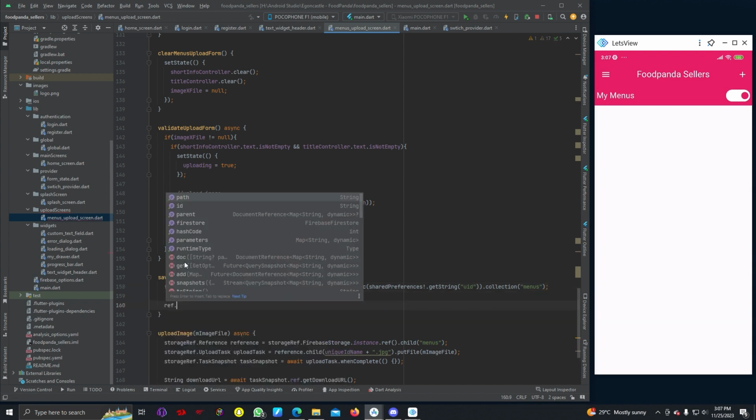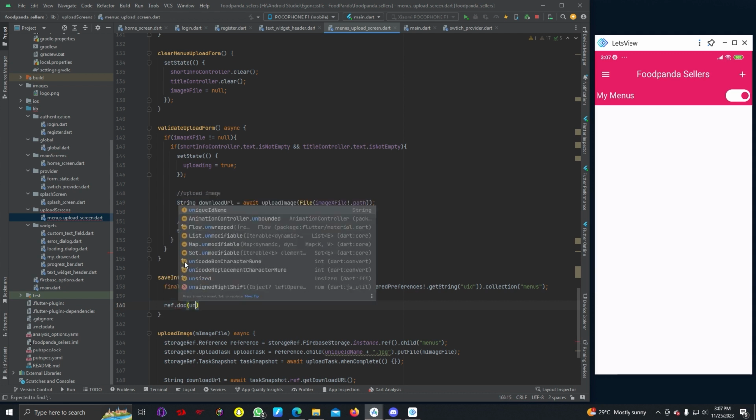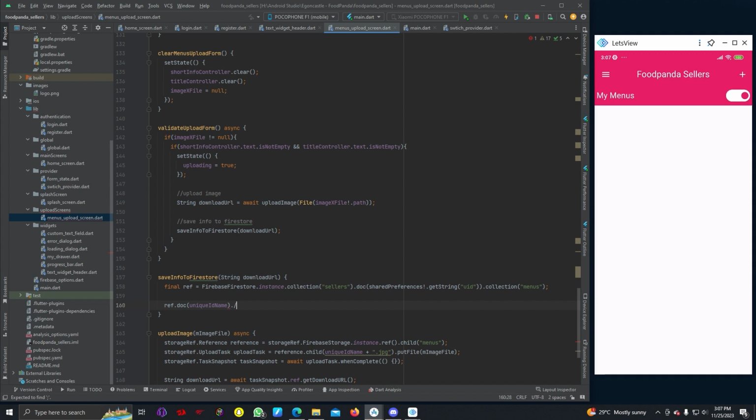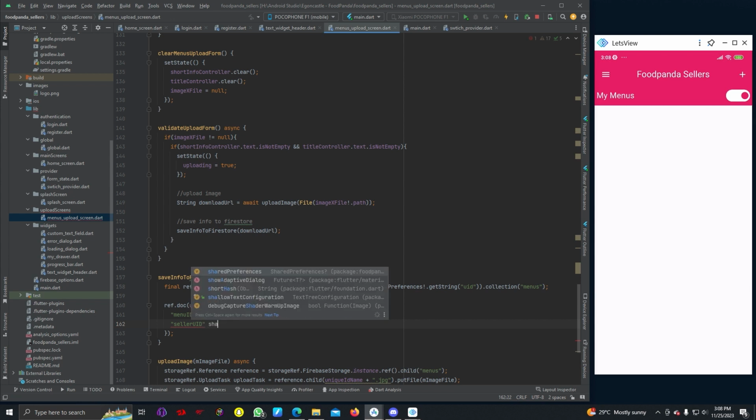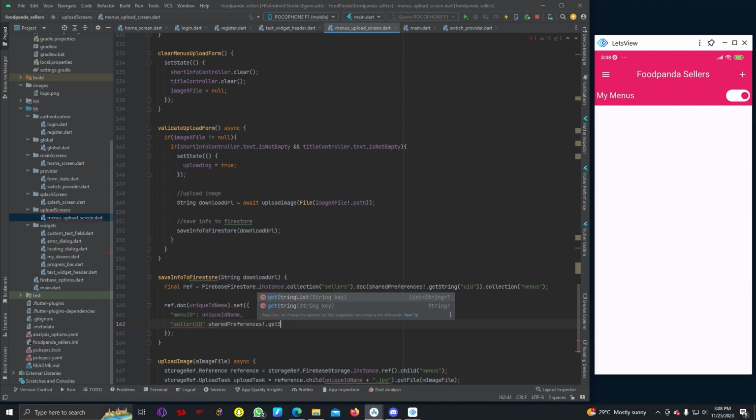So reference.doc uniqueIdName .set menuID uniqueIdName, sellerUID sharedPreferences.getString uid,